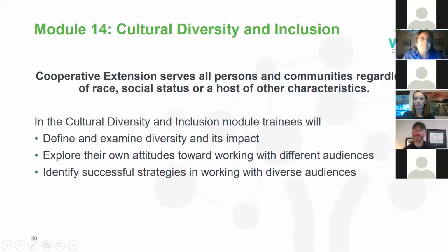For the cultural diversity and inclusion module, we really want to emphasize that Cooperative Extension serves everyone, regardless of any type of identifying characteristic, race, social status. And so in this, we have them define and examine diversity and its impact, explore their own attitudes towards working with different audiences, and identify successful strategies in working with these diverse audiences. And it really does take the emphasis